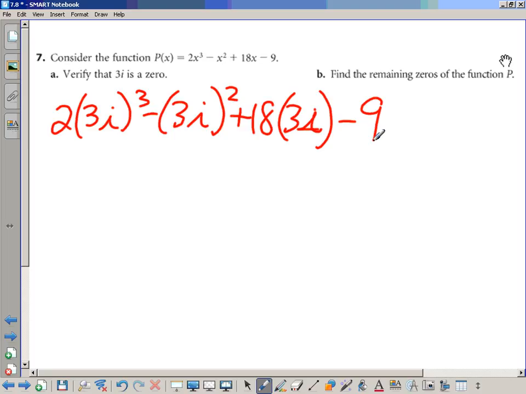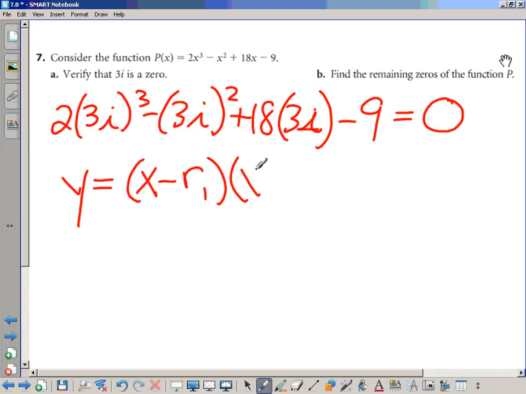Once you confirm that, you know that one of the solutions, one of the roots to this problem will be 3i. So if you want to go ahead and confirm that, that should produce 0 in your calculator. You're not graphing it, you're just going to a regular screen and you're plugging in 3i everywhere you see an x. Once that's confirmed, we can take this y equals equation and convert it into